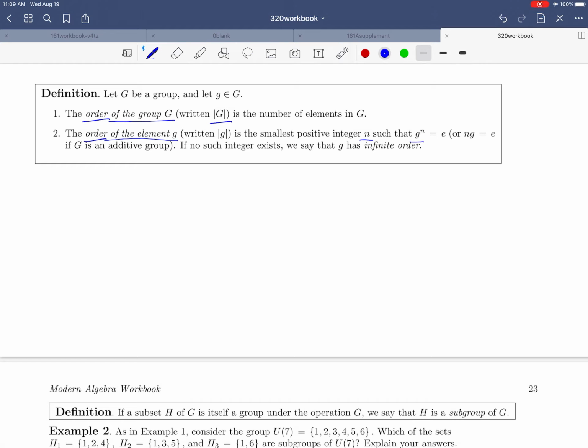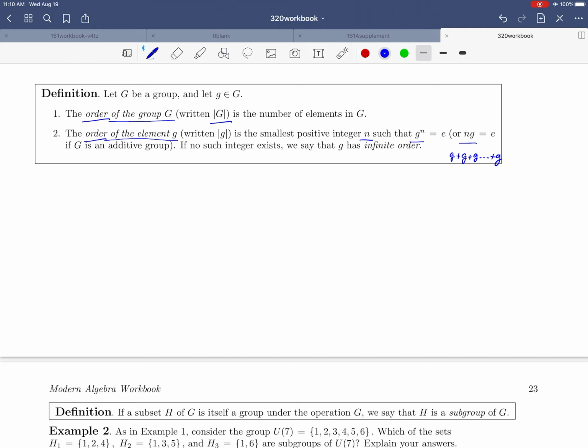If we have a multiplicative group, the notation is this exponentiation notation, but it really means you take g times g times g times g, n times. If we are talking about an additive group, it's repeated addition. So you take g and you add it to itself n times, g plus g plus g plus g,